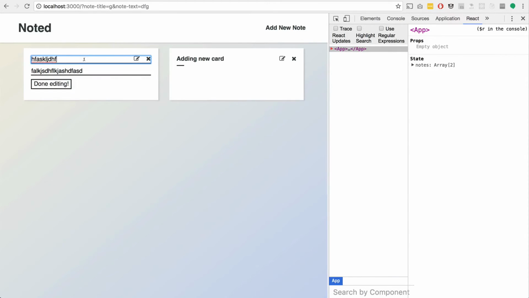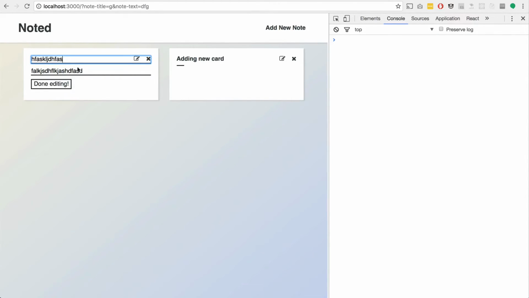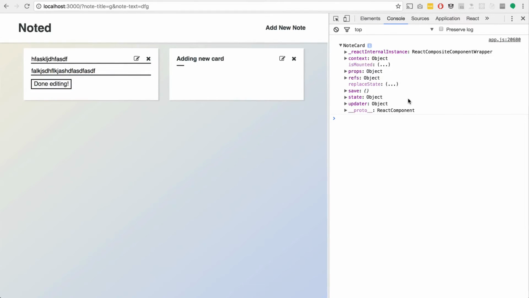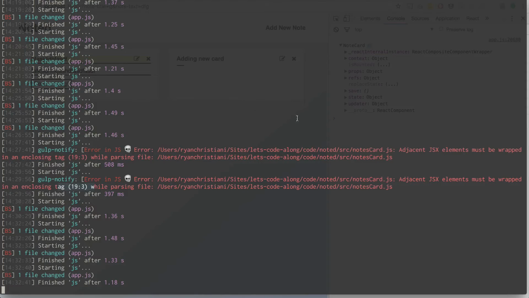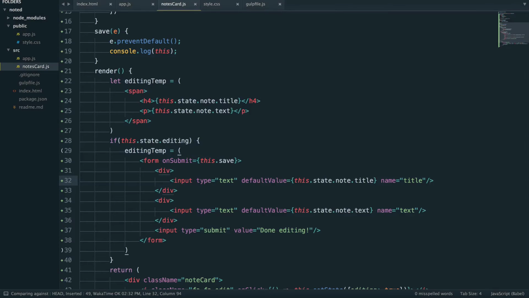So we click edit, we have this. I could update this, hit done, and then we have our note card here in our save. So what we want to be able to do is take the new information, set that as the state, but more importantly, not set it as the state, but actually update that information inside of